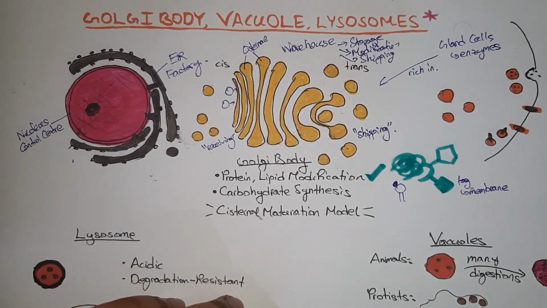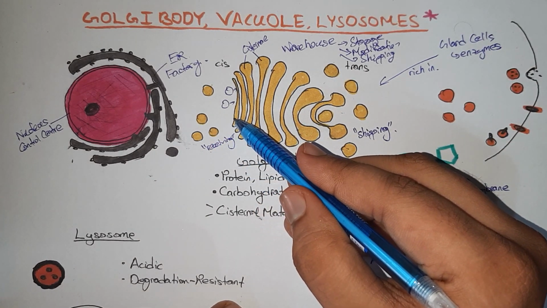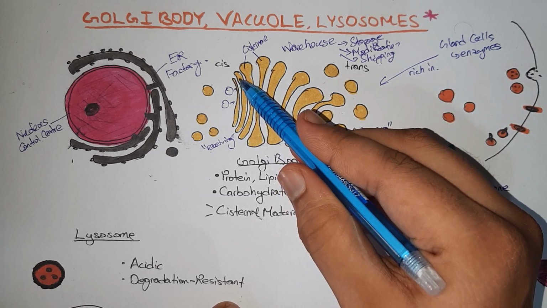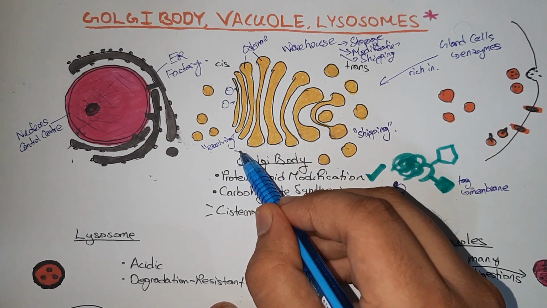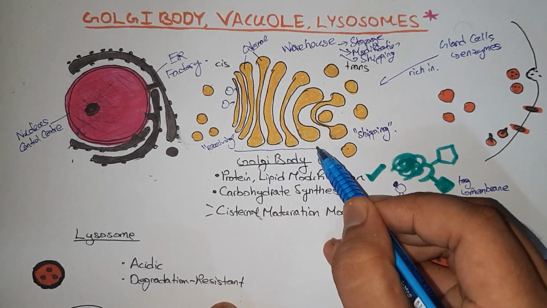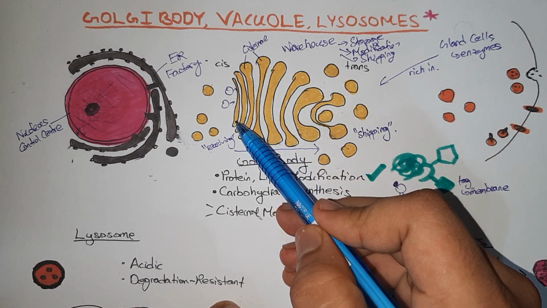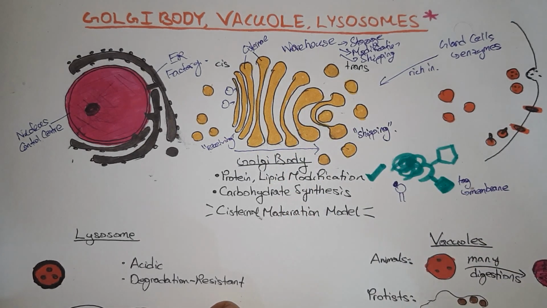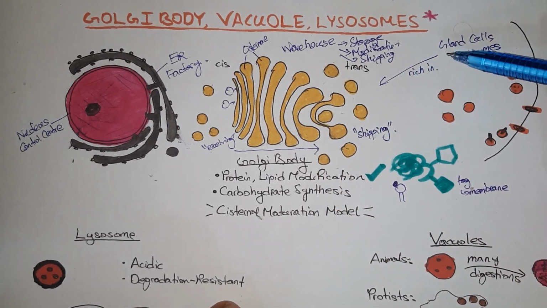So now we must look at how the Golgi apparatus will work. Once a vesicle comes to the cis face of the Golgi apparatus, right now scientists are still finding out that each of these stacks of cisternae slowly move from left to right in the Golgi apparatus. So the cisterna that was once here will move to the right and go from the cis face to the trans face. We call this the maturation of the cisterna.